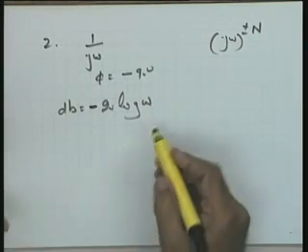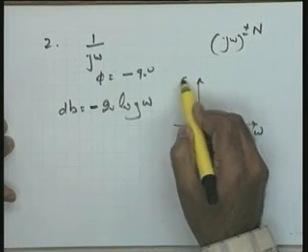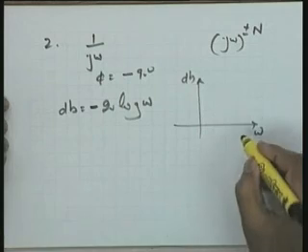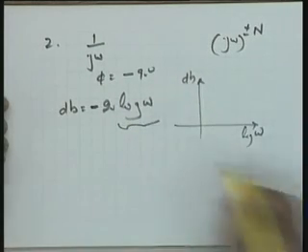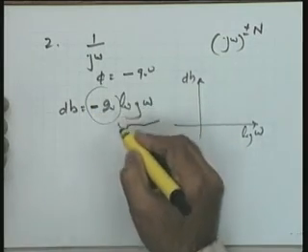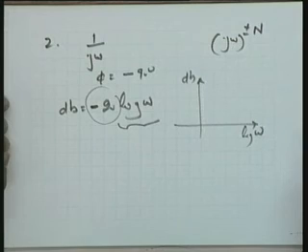Now what is this log? You see, if I take omega versus dB, you find definitely that it is a nonlinear function, omega versus dB. But if I take log omega versus dB, in that particular case you find that you have got an equation of a straight line with a slope of minus 20 dB per unit of log omega. I need your attention, please.